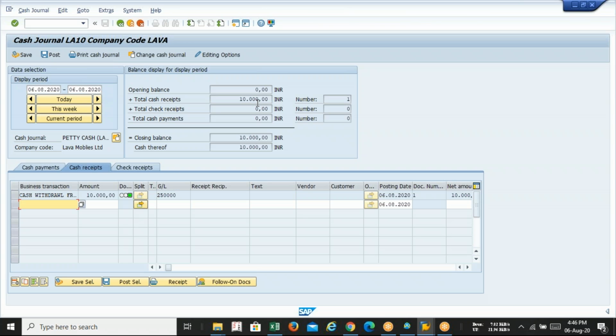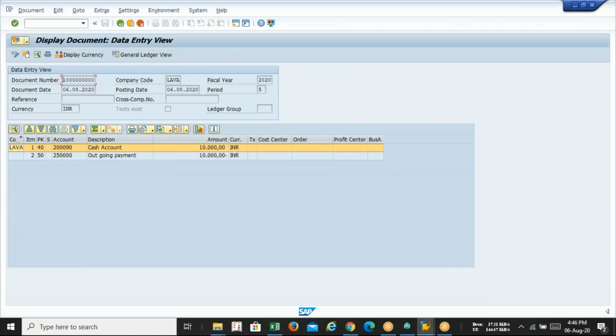Now you can see 10,000 is coming. Did you see that? Total receipt 10,000 and balance 10,000 is coming. Automatically it will be reflected. If you want to see the journal entry, select the line item, click on follow-on document and check the journal. So that will be the magic of SAP. Journal will be taken care of by SAP itself.